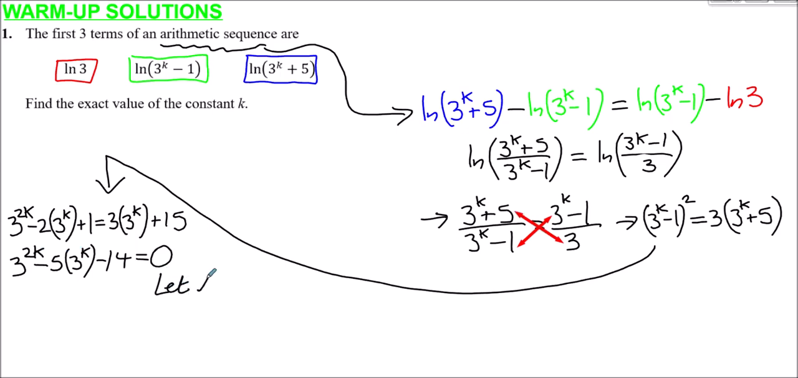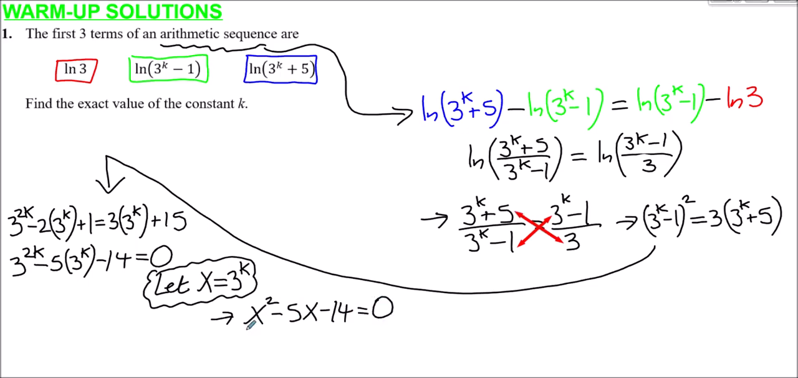So make a substitution, let X equal 3 to the k. And if we do that, this will transform this into a more nicer looking form, dare I say. 3 to the 2k is the same as 3 to the power k all squared. In other words, that's going to be x squared. This becomes minus 5 lots of x minus 14